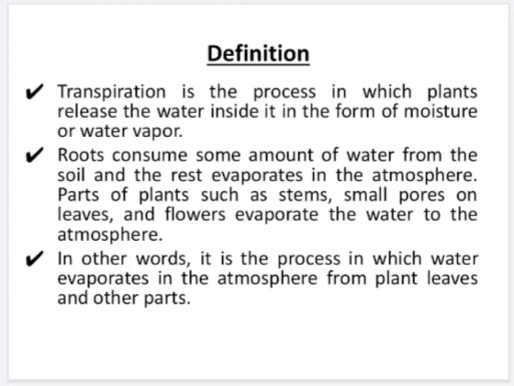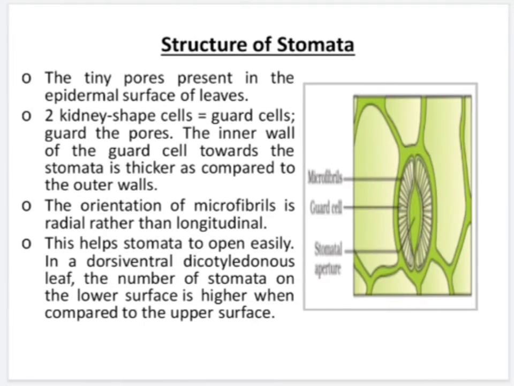Leaves absorb visible and invisible radiations of the sun and so get heated up. As a result, water vaporizes and is given out in the atmosphere. This in turn brings down the temperature of the leaves. Now, to understand the process of transpiration, firstly, we understand about the structure of stomata.